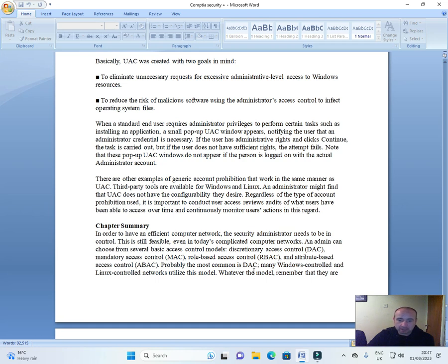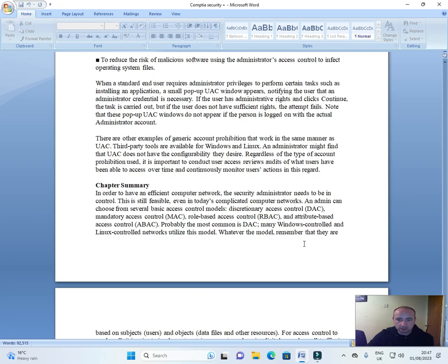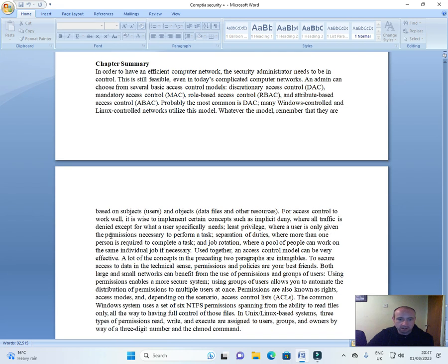Probably the most common is DAC. Many Windows-controlled and Linux-controlled networks utilize this model. Whatever the model, remember that they are based on subjects, users, and objects, data files, and other resources. For access control